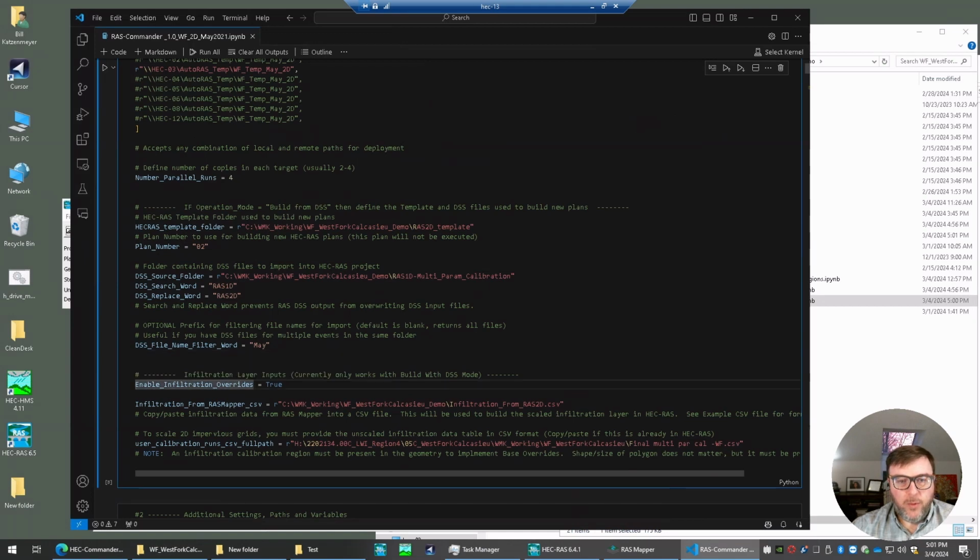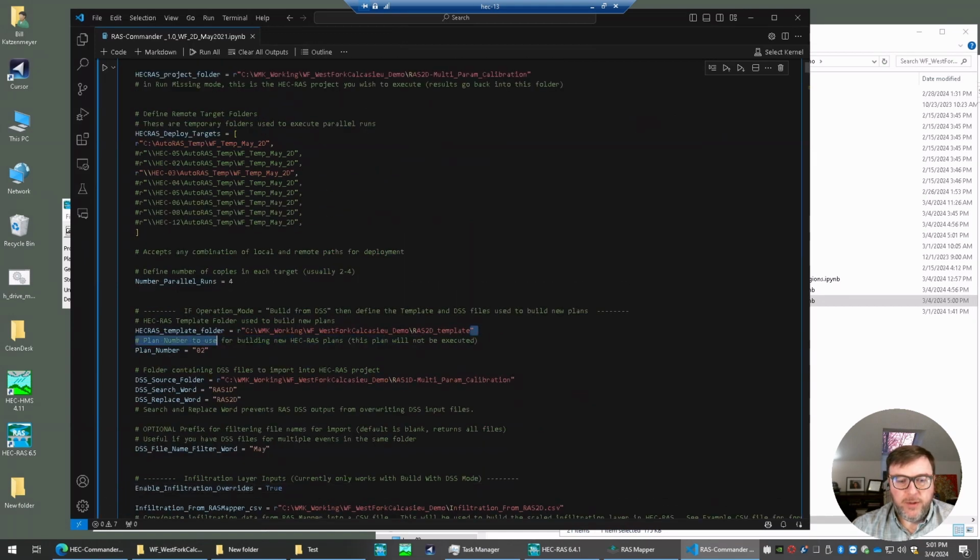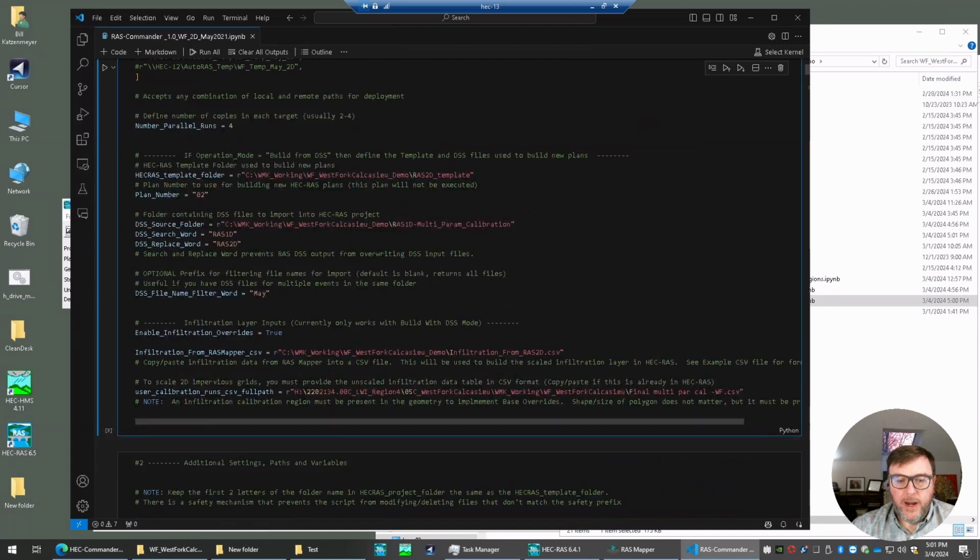The difference between our 1D and 2D is that here we're using our 2D template. We're doing a 2D output folder, and we're enabling our infiltration overrides. In addition to changing our inputs, because our 1D had all of our infiltration parameters overridden and changed, we're also